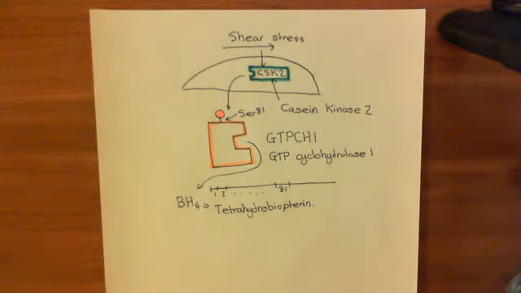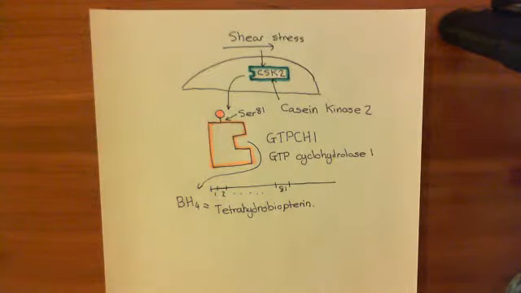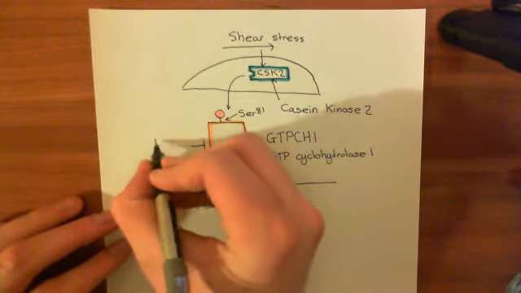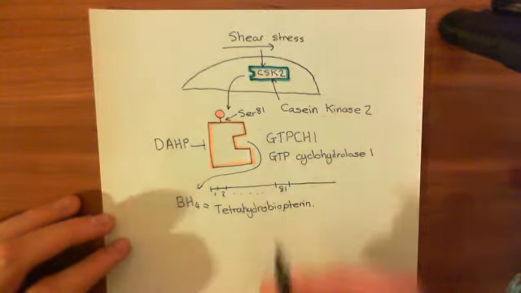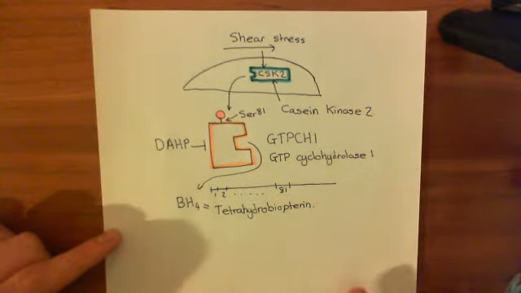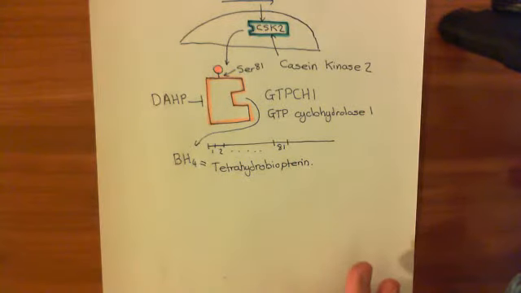Right, okay, so to illustrate how important tetrahydrobiopterin is in the production of nitric oxide, what we can do is block this enzyme, GTP cyclohydrolase, with a drug known as DAHP. DAHP is a drug which will block this GTP cyclohydrolase 1 enzyme. So I want to discuss with you what DAHP stands for and what the structure of this molecule is. And don't worry, it's easier than 4-alpha PDD.